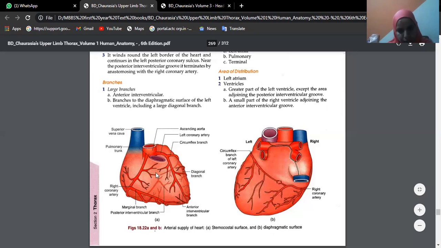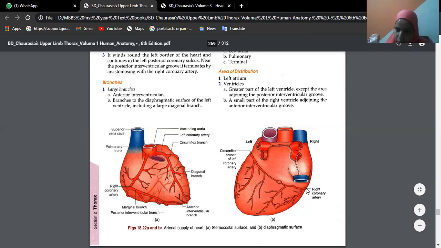Apart from that, you can see a few branches moving towards the right ventricle. So these are the ventricular branches. This side, whatever we are seeing are the ventricular branches, and this side you are finding the atrial branches. Now it is going behind. There is an area which is the crux. The crux is the meeting point where the right coronary artery anastomoses with the left coronary artery. So this is the anastomosis.